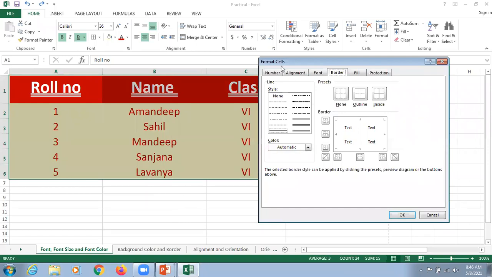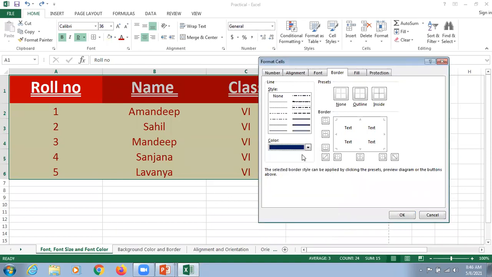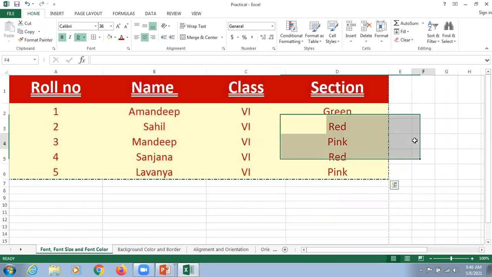Respected students, the dialog box will appear named Format Cells. By default, it selects border. Now this time we can select a different style from the style option. Color, we can again select, I think blue, because this one is easily visible on the screen. So we select that, and now kindly concentrate. If we select outline only, in the preview section, I'm going to click here, only the outside border is being applied here.